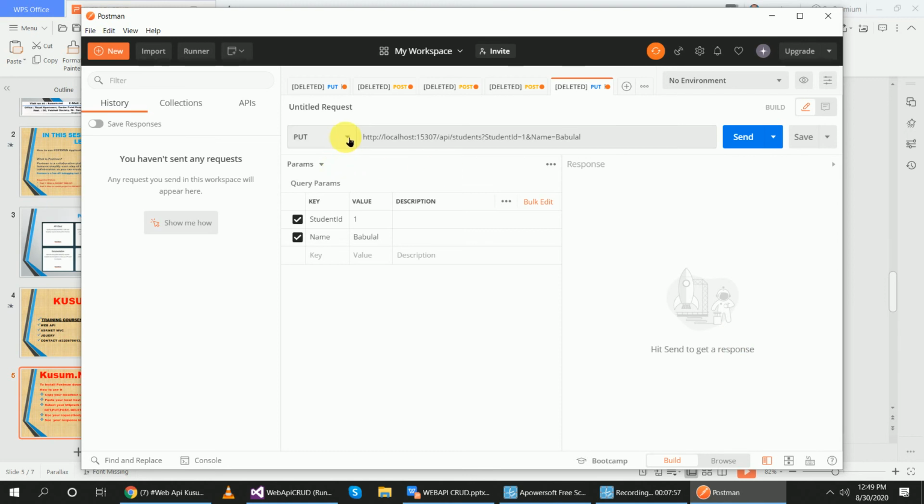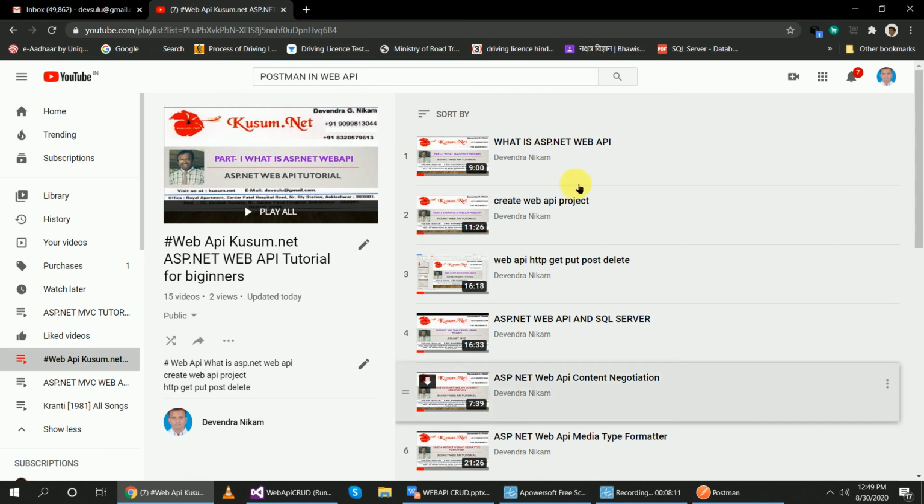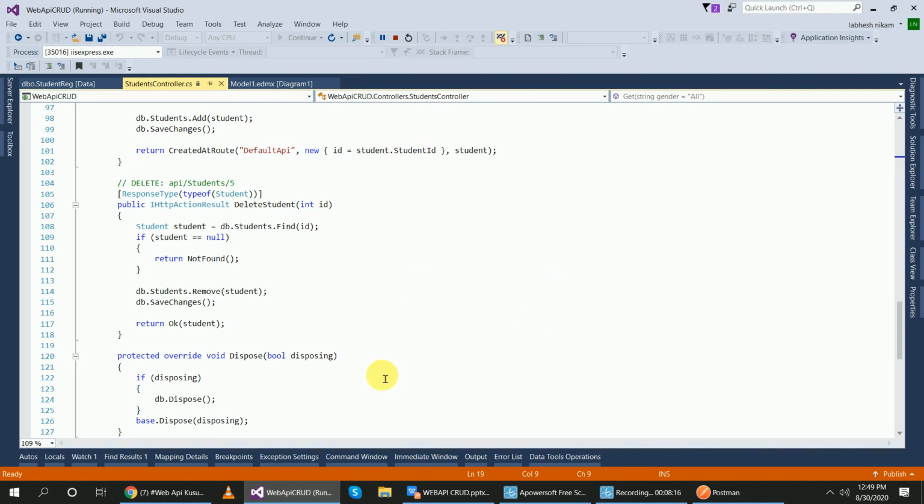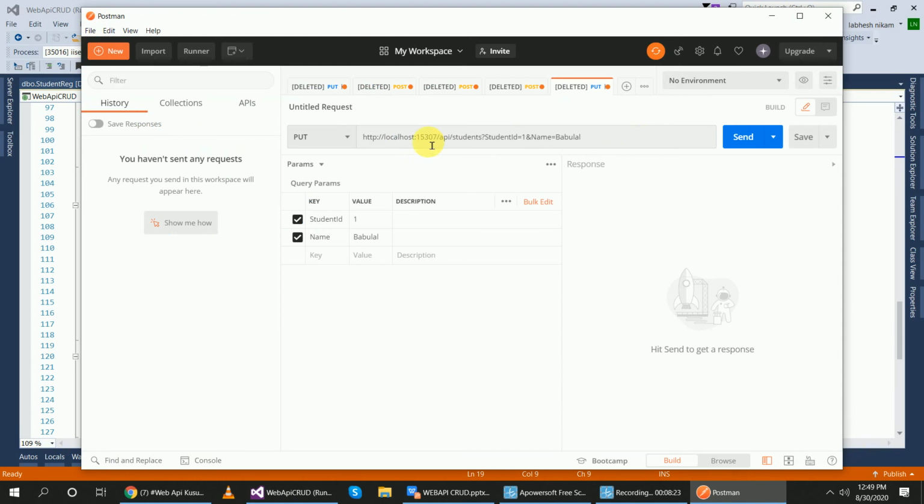Now if you want to make your request using an HTTP verb, you can select from here get, post, put, delete, right? This is your web application, and after running your application, whatever the localhost link is, you will paste it here in this URL, and click on the send button. You will receive here the status code and the response of your code, right?